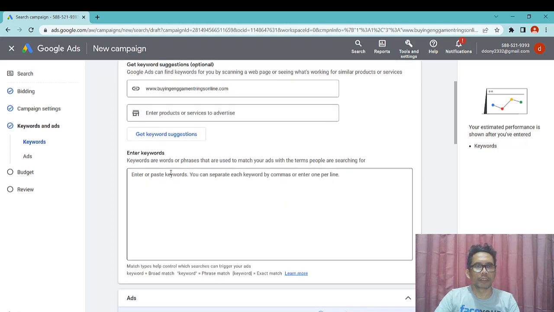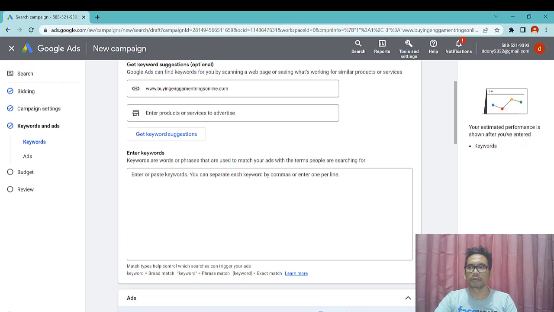Then you can enter your keyword, so that we can make our ad as relevant as possible for our keyword. This strategy will make sure that we get the highest quality score possible, so we get the best placement on Google and pay as little as possible for our click.